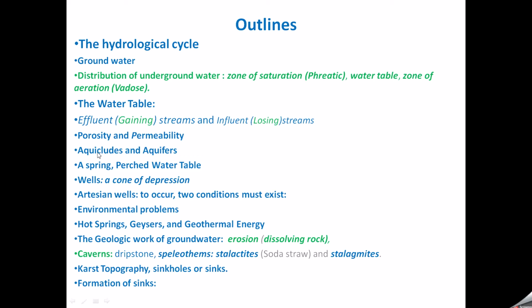We'll study porosity and permeability, aquicludes versus aquifers, springs, and perched water tables, and then we'll study wells and their cones of depression. We'll study artesian wells and the two conditions that must exist to have an artesian well. Environmental problems, hot springs, geysers, and geothermal energy, and then the geological work of groundwater, mainly erosion, dissolving rocks, especially